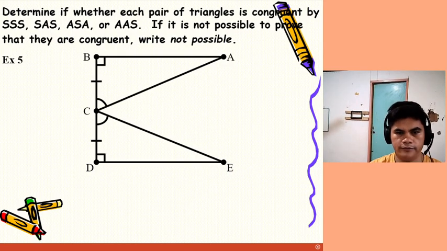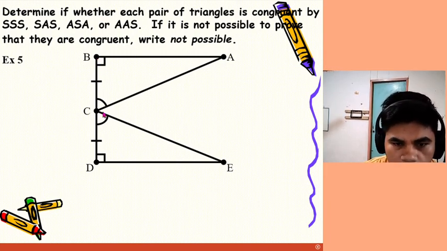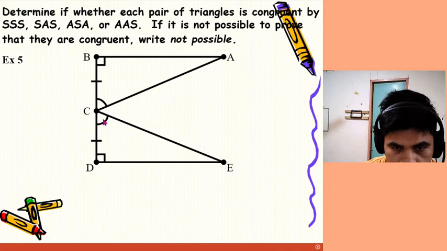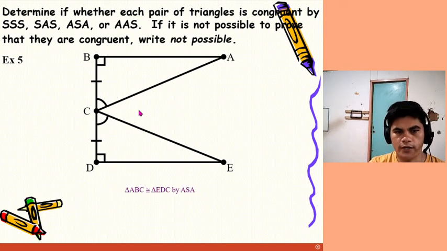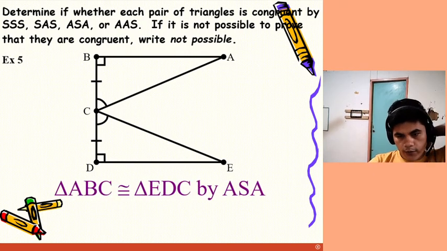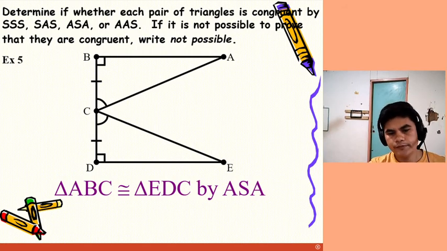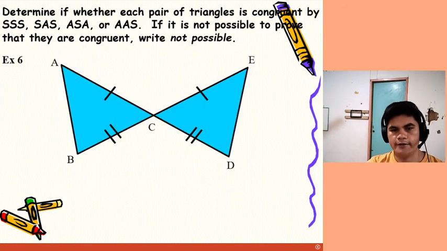Next example, we have angle, then side, then angle. Angle, side, angle. So everything is complete. So we can say that they are congruent by ASA. Next,